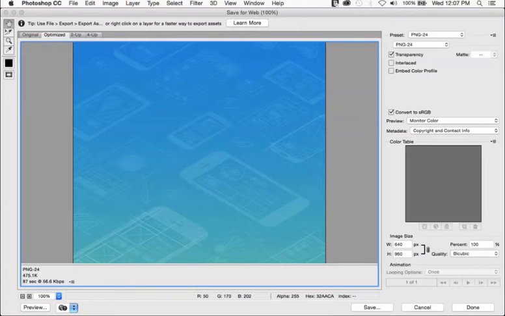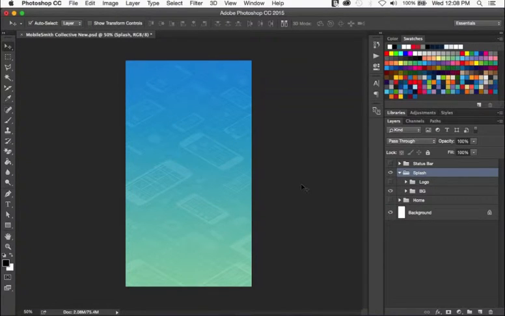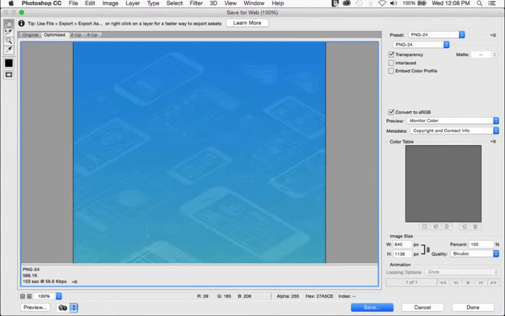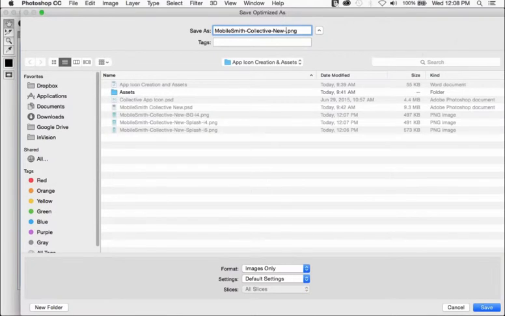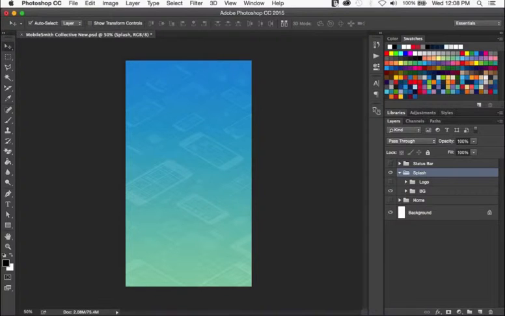And then the last one would be to save it for iPhone 5. So I'll go back to my iPhone 5 size, hide the logo again, and save for web again. iPhone 5. So now I have 4 images, and I can go ahead and get ready and upload them to